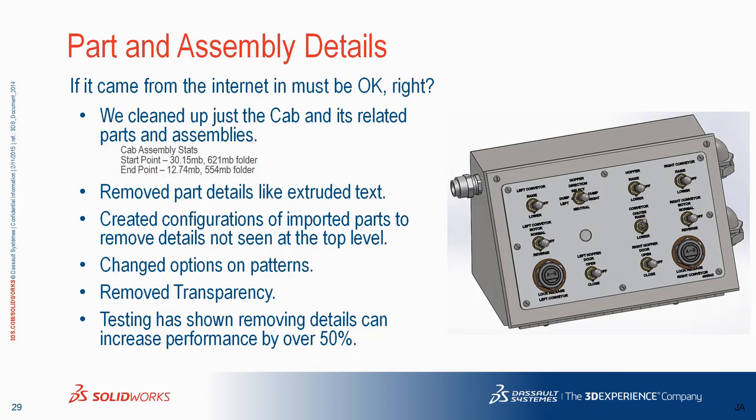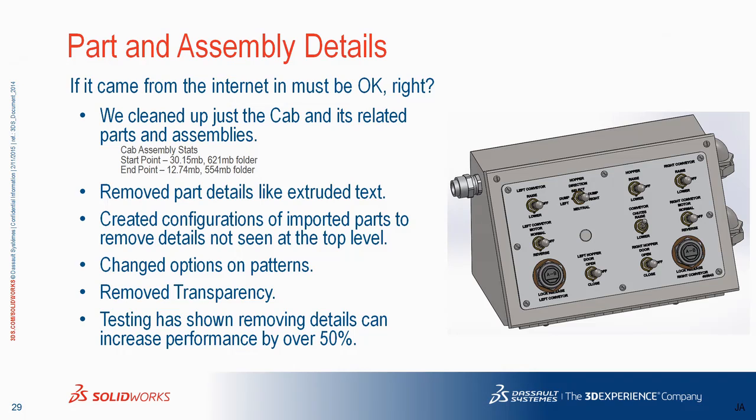Part and assembly details. So if it came from the internet, it must be okay, right? Yeah, we all know that's not true. So what we did for our assembly, you saw the overall size of that thing. We cleaned up just the cab and its related parts. The cab assembly itself, its starting point was a 30 megabyte assembly, 600 plus megabyte folder. The end point was down to 12.74 meg, and just a little over 550 megabytes worth of components when we did a pack and go on it. So removing details does have a huge